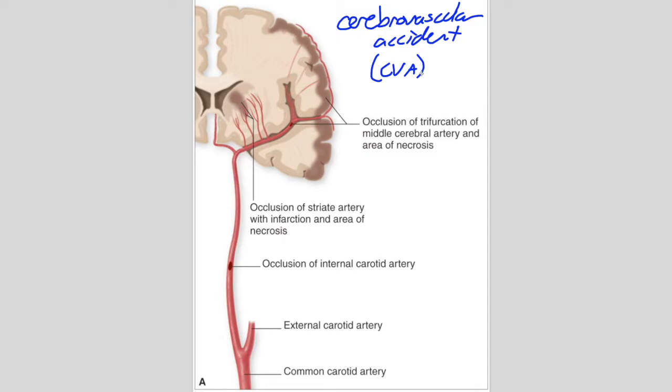One is you can have an occlusion, you can have a blockage of blood vessels that supply the brain with blood. Okay, so these can be blood clots that come from elsewhere in the body. For example, maybe you have a blood clot that formed in the heart, and that clot makes its way into these vessels that supply the brain. So this vessel here is called the internal carotid artery. This is the major vessel, one of the major vessels that actually goes up and will supply the brain with blood. So you can have a clot that forms somewhere else in the body and then travels up here and kind of gets stuck.